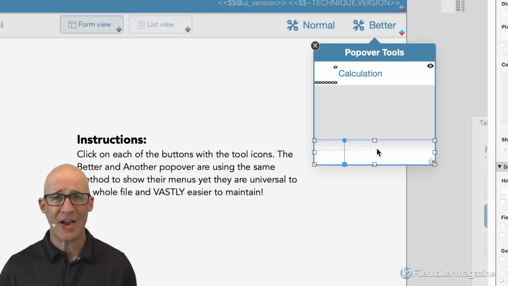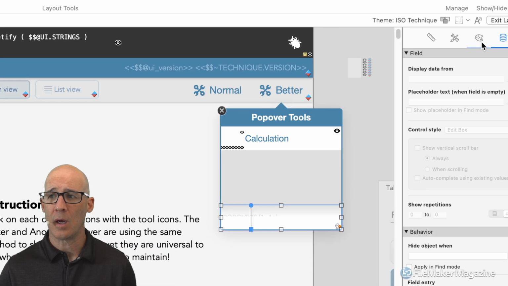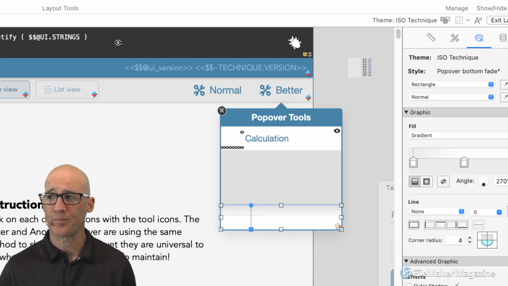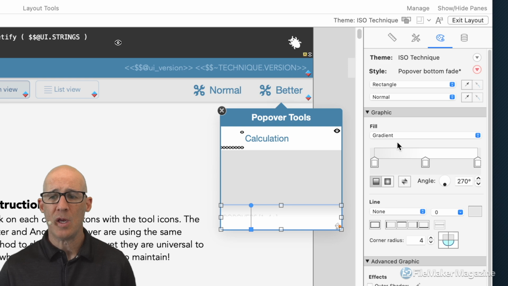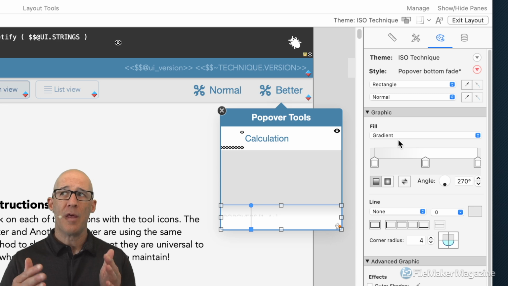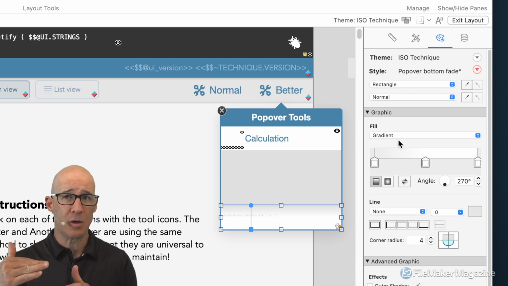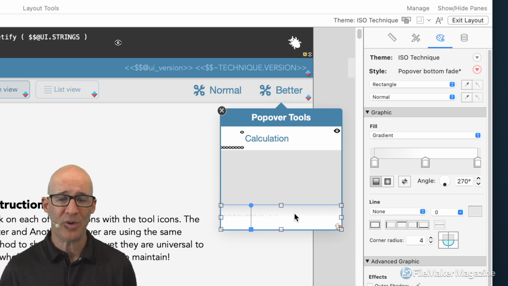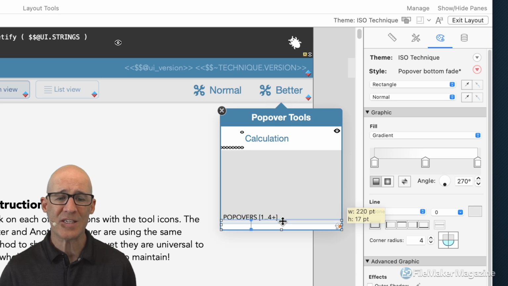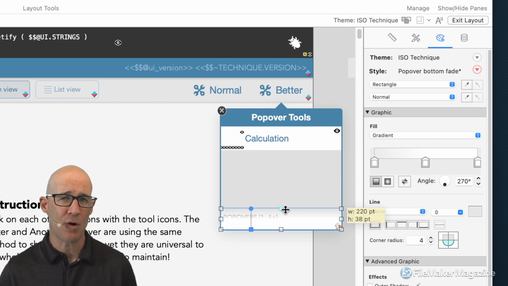This right here, when I select it and go over to the settings right here, we'll bring this all the way on screen. You can see that it's using a gradient. This is just a simple hack that you can use anytime that you have a portal that has more items that the user should be aware of. And it is simply this. You can resize this however much you need. And notice as I resize it, the fade is taking over the text, which is showing what the portal is,